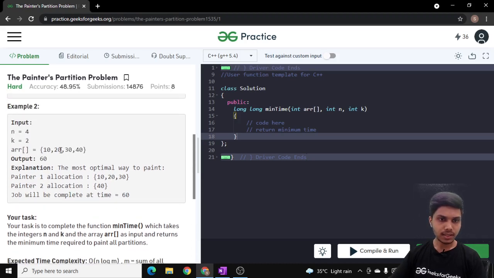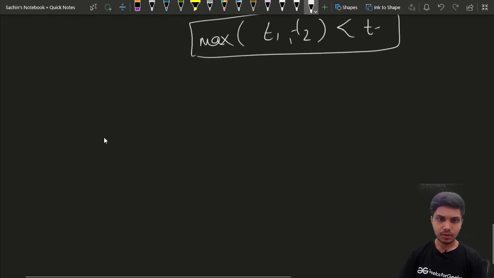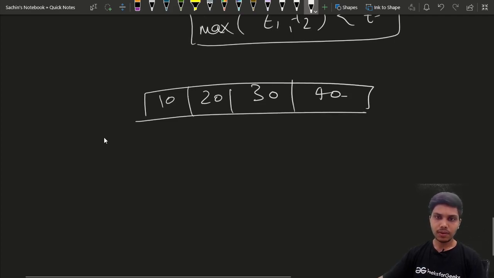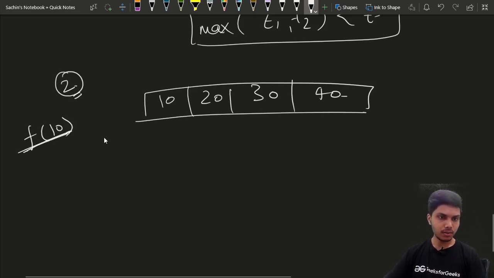Let's see this example: 10, 20, 30 and 40. If I pass 10 to this function, and we have two painters to assign, the function will greedily assign boards to painters and check whether it is possible to get t equal to 10.